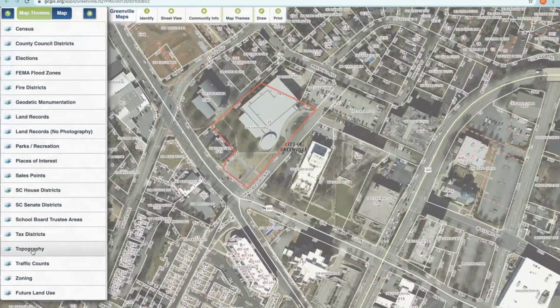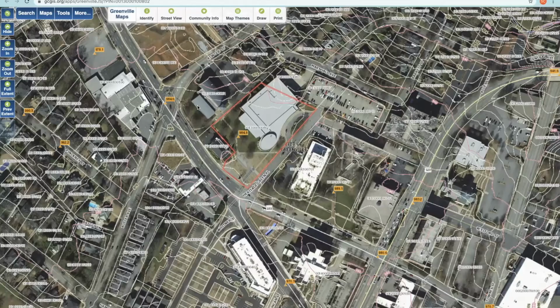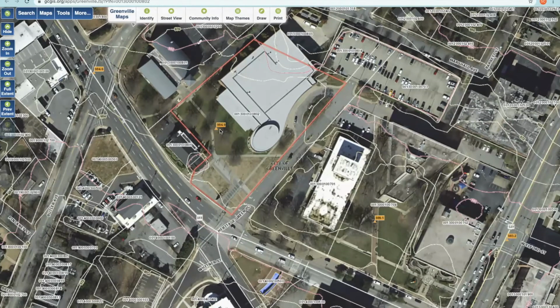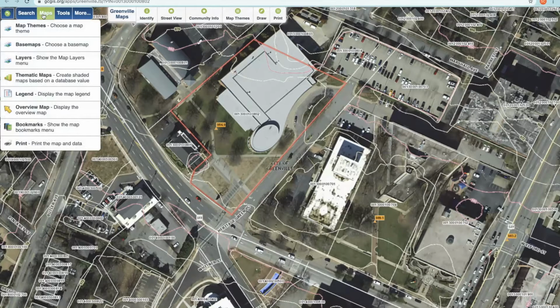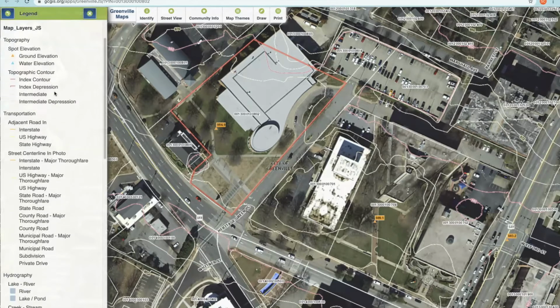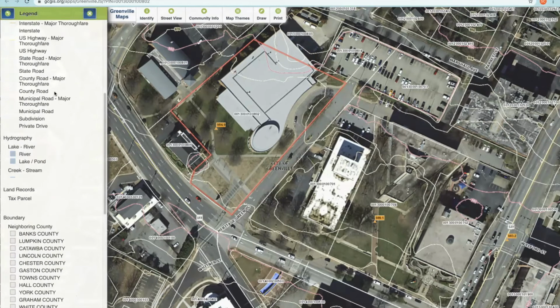Since we talked about topographical maps, let's look at topography. This is an overlay, and you can see it's showing different elevations. To understand what this is showing us, you may be thinking, hey, where's the map key here? Well, I'll show you. If you go up to maps, on the top left in the blue, there's a legend. If you click on legend, it will show you what the symbols and the colors and things like that mean. That can be helpful.